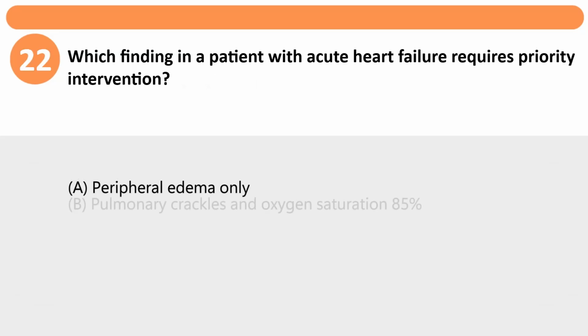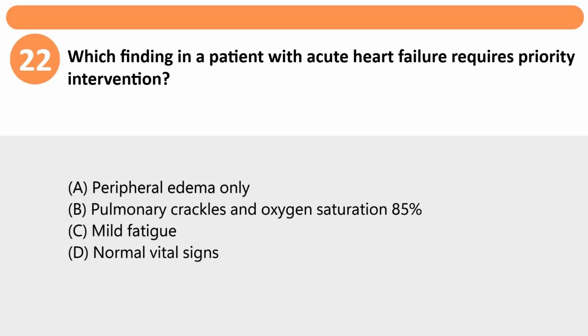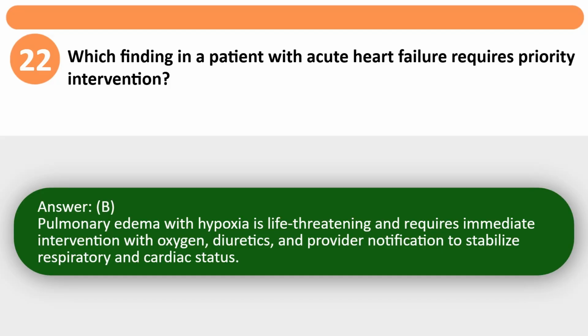Which finding in a patient with acute heart failure requires priority intervention? A. Peripheral edema only. B. Pulmonary crackles and oxygen saturation 85%. C. Mild fatigue. D. Normal vital signs. Answer, B. Pulmonary edema with hypoxia is life-threatening and requires immediate intervention with oxygen, diuretics, and provider notification to stabilize